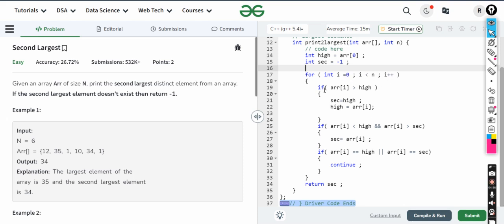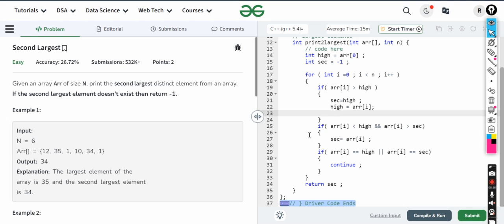When we are traversing, we first check if my ith element exceeds high. If it exceeds high, you first assign the high element to second, and then assign high the value of arr of i. If you interchange these two lines, your whole answer will change. So make sure you first assign second the value of high, then assign high the value of arr of i.